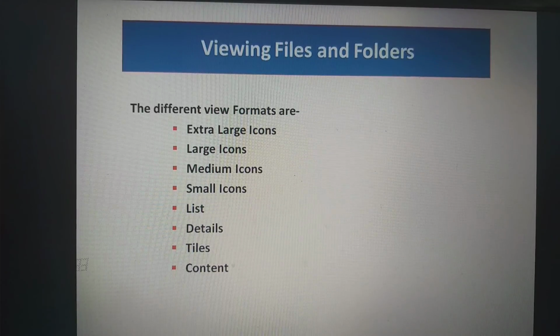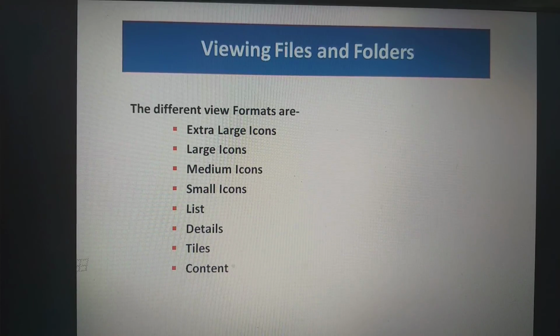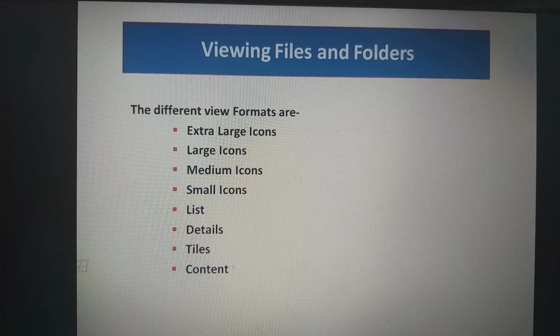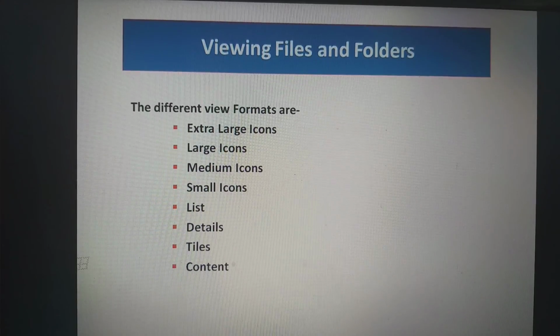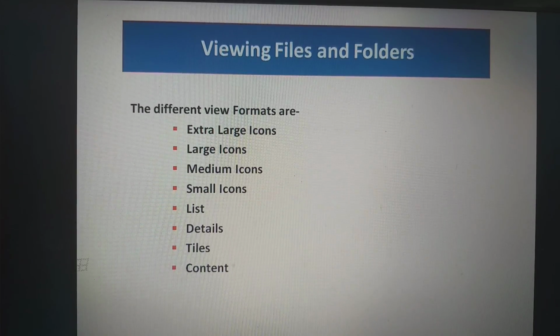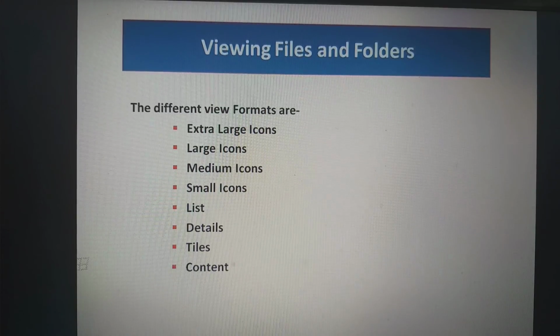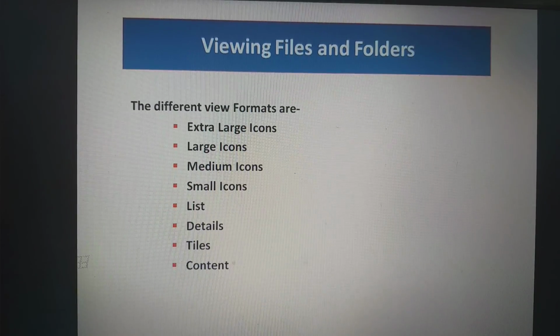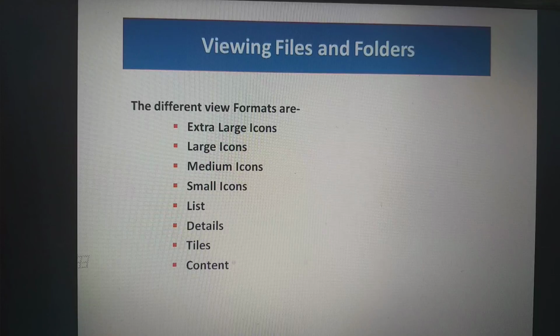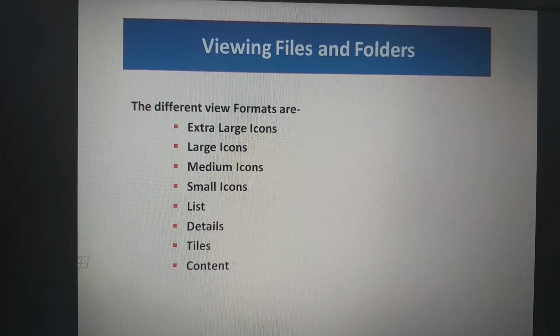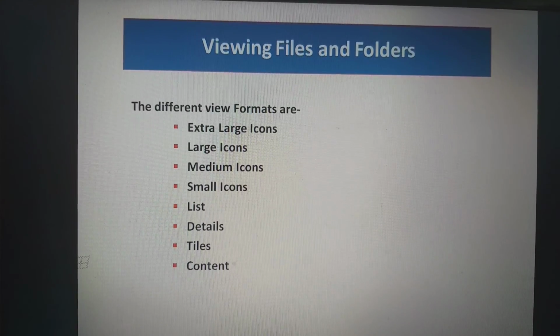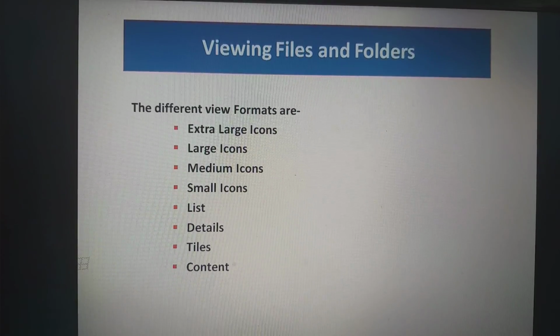A folder may also contain different folders with files in them called subfolders. Windows provides many ways to arrange and identify your files while you are viewing them. So, the different viewing formats are extra large icons, medium icons, small icons, list, details, tiles and content.